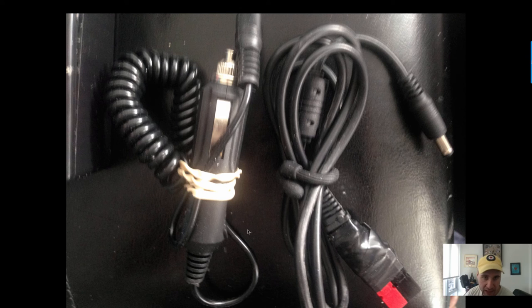So in that blue bag I got 2 cables. One is a 12 volt DC cigarette lighter cable that has an extension, which I can also use to recharge those 3 batteries, those 3 chargers, straight out of a cigarette lighter of any sort. And then I have a modified cable that I made on my own that has an Anderson Powerpole and a tube connector at the end here. So I can also hook that one on if I use it straight from the battery, and I can hook it up into those 3